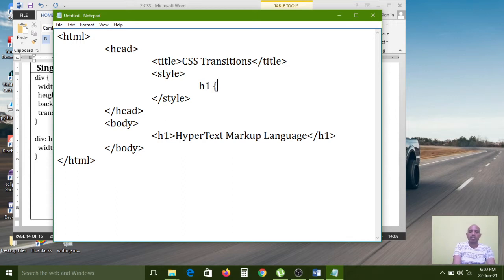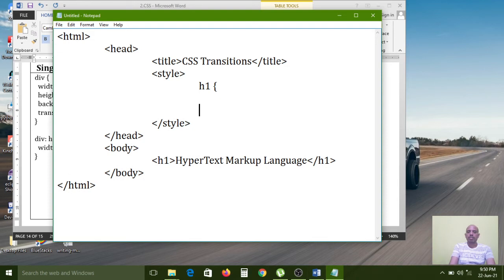H1, opening and closing. Because here I am using an element type selector, I am not using any dot operator. If you use the dot operator, that is called a class type selector. Now I am using an element type selector, so whatever element we have used, that element's properties I define by using the element name.